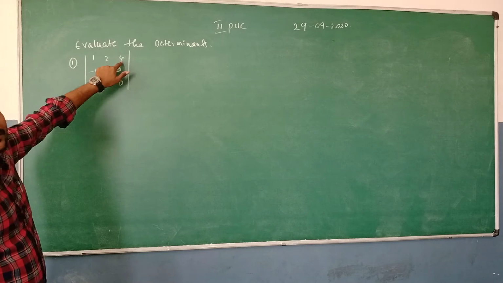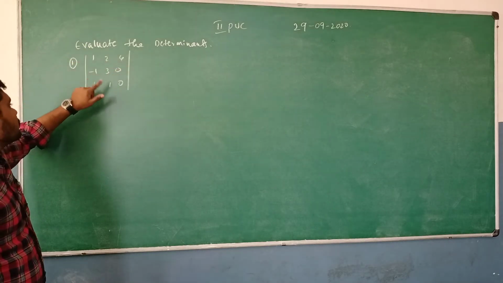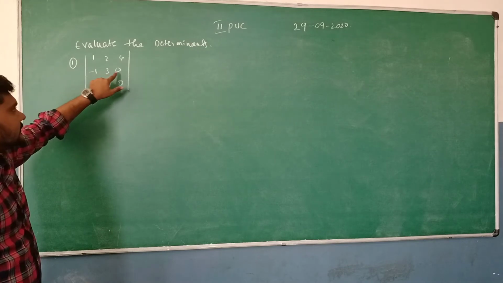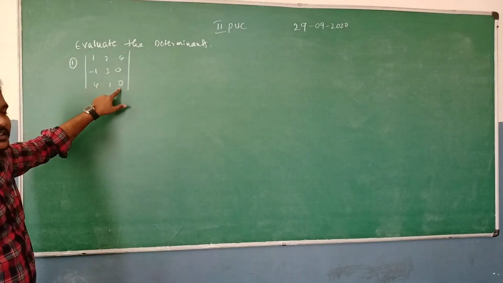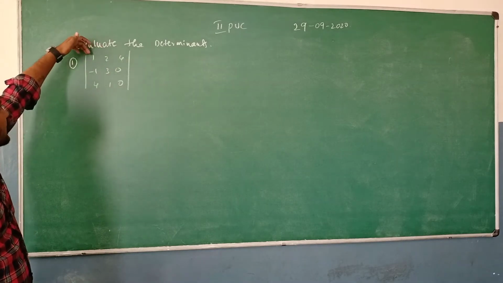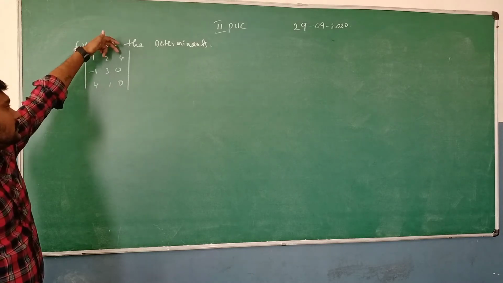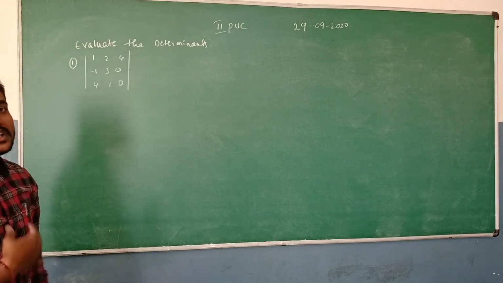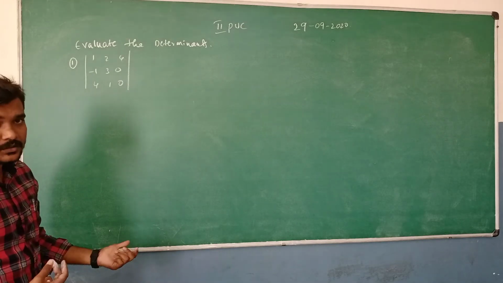So if we multiply with 1 2 4, there will be no zeros. When you choose row 2, so minus 1 3 0, again we get one 0. Again here 4 1 0, again one 0. But when you compare with the columns, the first column and second column do not contain any zeros. When you compare the third column, the third column contains 2 zeros, which means only one element will be present here. So we can expand through column 3.